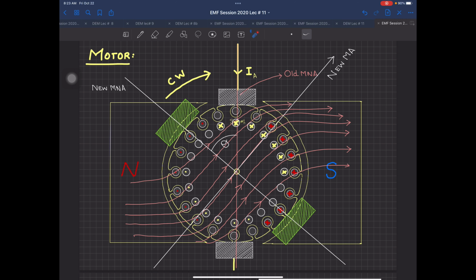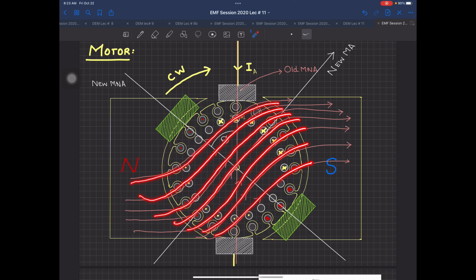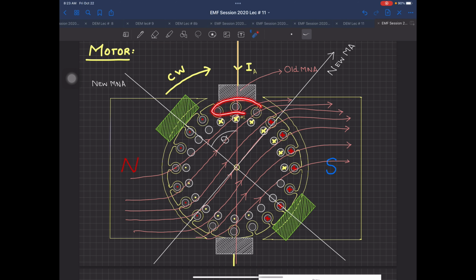What has happened now, these pink color lines are the actual practical magnetic field lines flowing over here like this. And I told you this will happen. Why? Because phi r is now tilted. Now when phi r is tilted, now see this very carefully, when phi r is tilted, these three conductors which were having empty, they were empty at that time. Now since magnetic field direction is like this, so these three conductors over here, these now will be empty as shown over here in this second conductor shown over here.